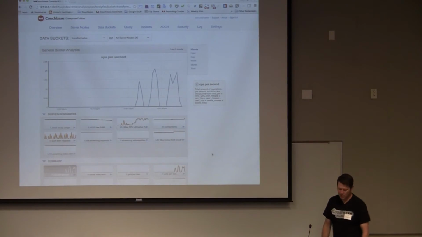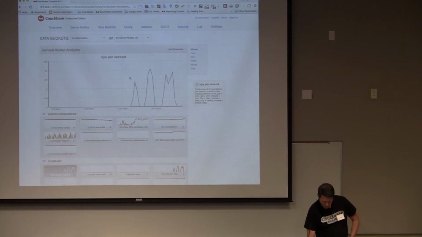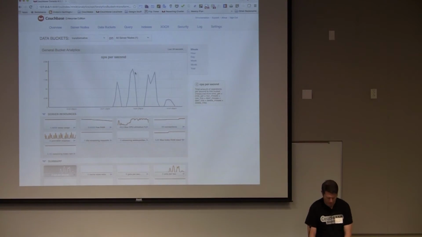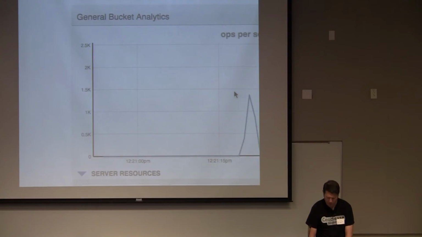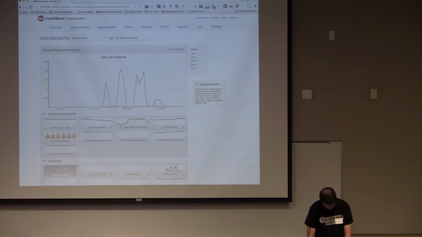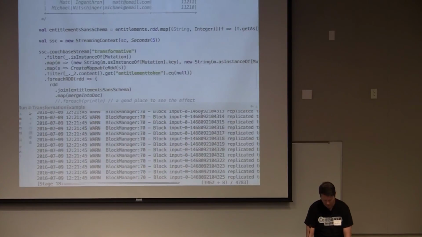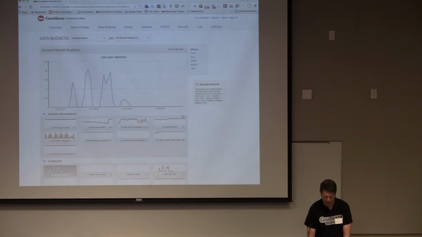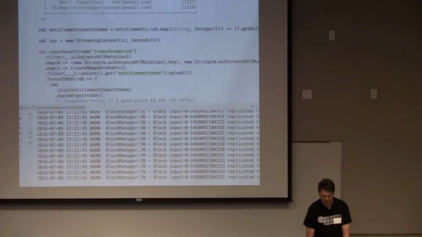Oh, there we are. Okay, so now you can see we only had 10,000 records, and it jumped around a little bit as it loaded data, but we peaked at about 2,000 operations a second here. So after just a little bit, I bet the program's going to be done, right? Yep. Now it's running through the rest of it. I think it's actually done at this point, and because the stream continues running, it's basically waiting for me